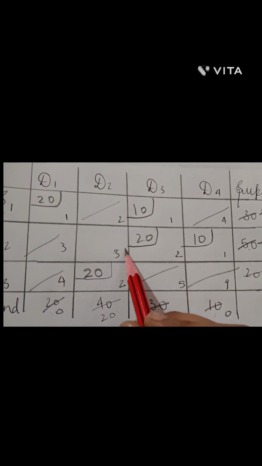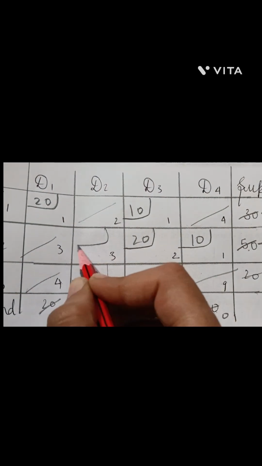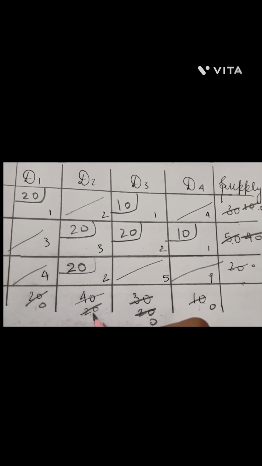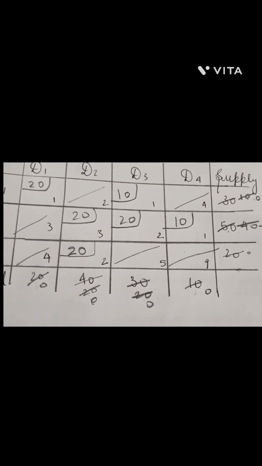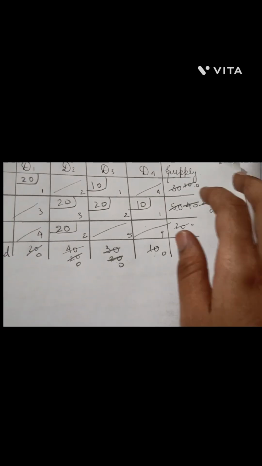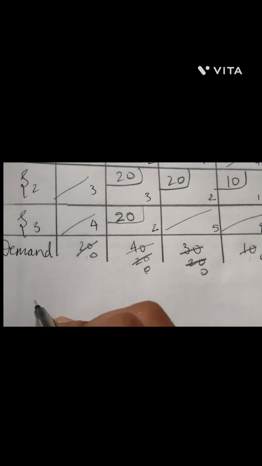The next least cost that we are left with is this cell, and also this is the only cell that we're left with. So I'm just going to allocate 20 here, which on both sides is going to be 0. So after this much, we must write the transportation schedule. This is how it is written. The transportation schedule: